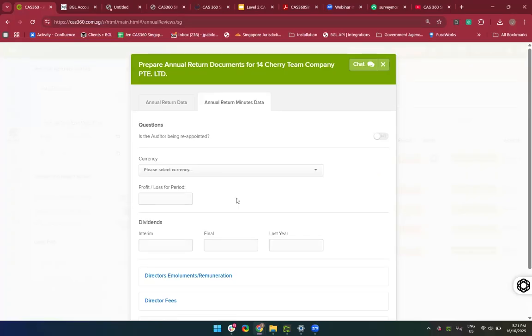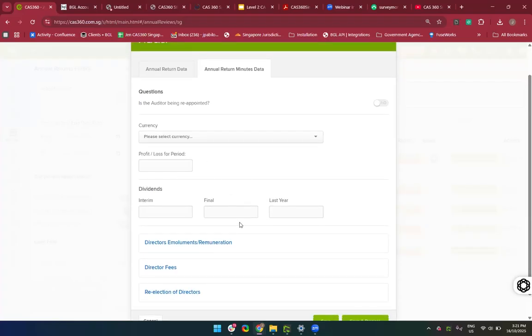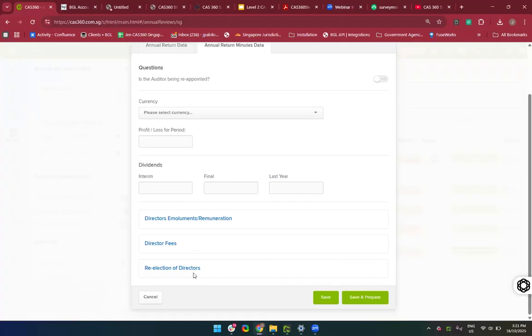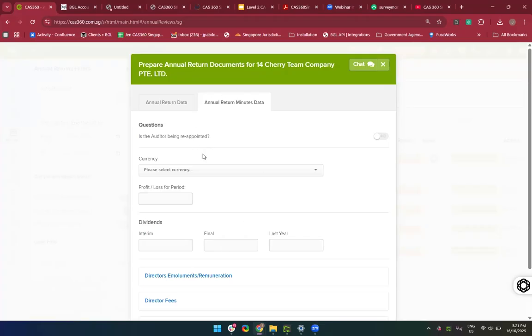So it's very important that if there's any reappointment of an officer, dividends, remuneration, director's fee, or re-election of director for that company has happened, you need to make sure that this information has been recorded under the annual return